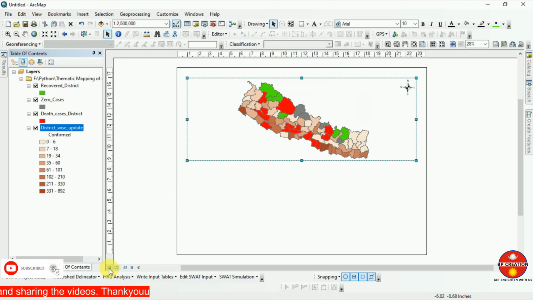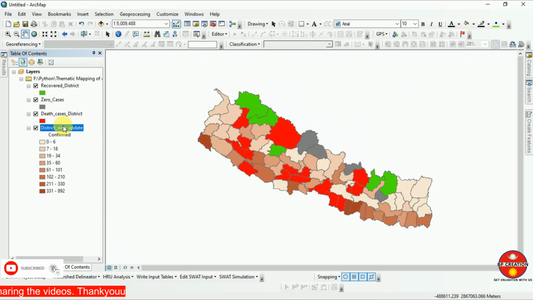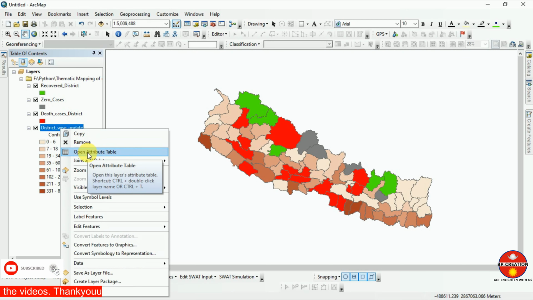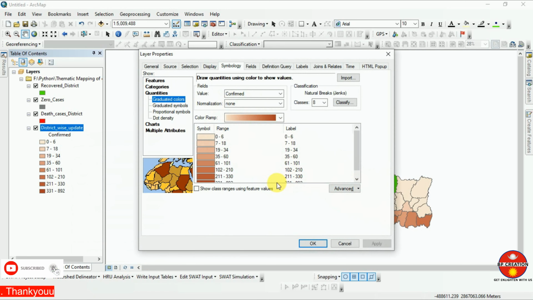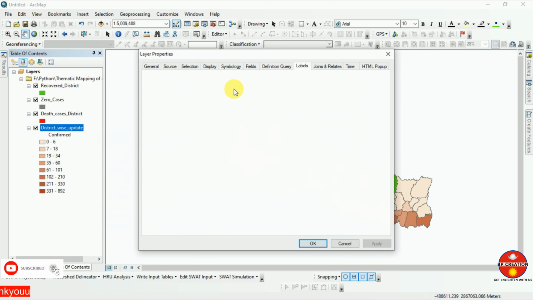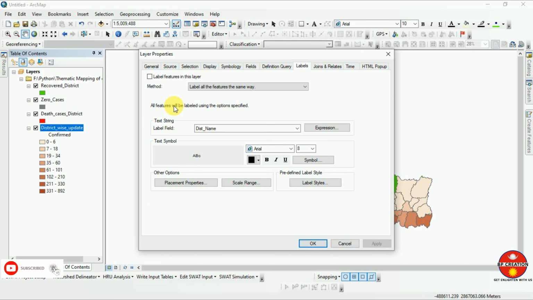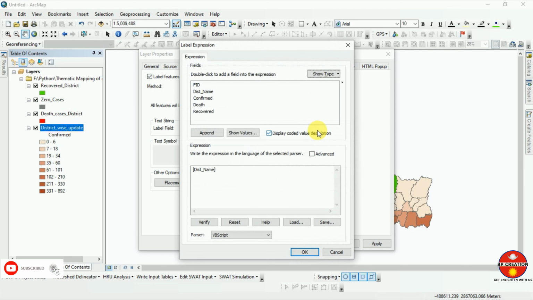First of all, you can go with here. You label it with the district's name so that it becomes so easy. You can simply see it here. Label feature, and by which expression you are going to label it with, it asks us for that. So I am going to label it with the district's name